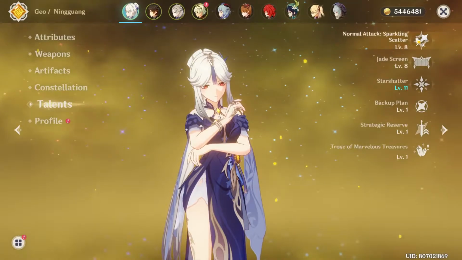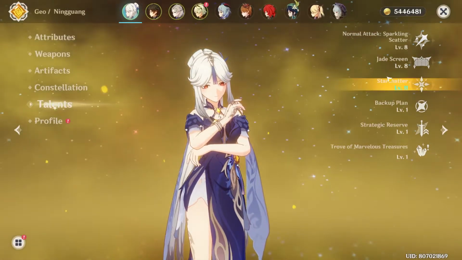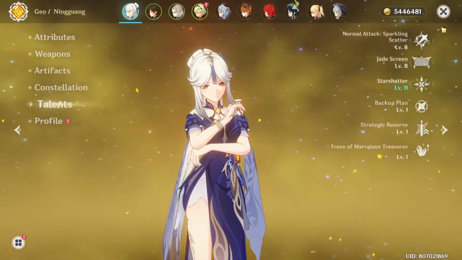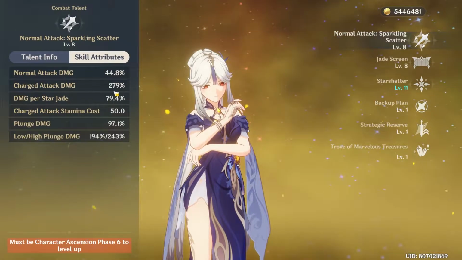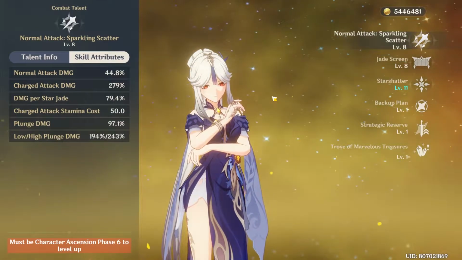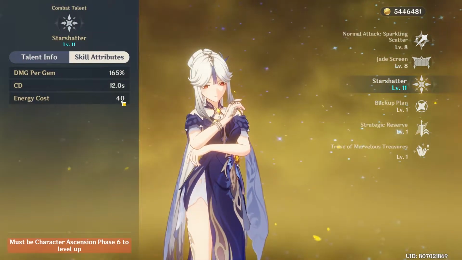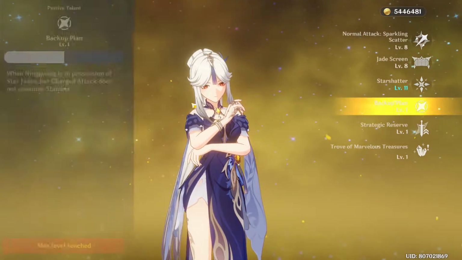I'll say you should level her normal attacks first, then her burst, and then her elemental skill, because she's gonna be doing normal attacks the most. Her scaling is good and her charge attack does a lot of damage, and then her burst because it only costs 40 energy and it's a very cool elemental burst. Her talents,